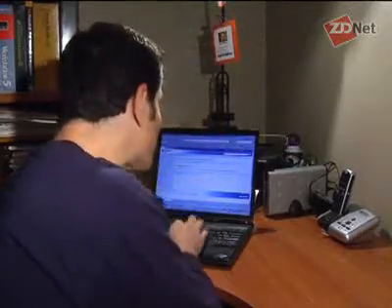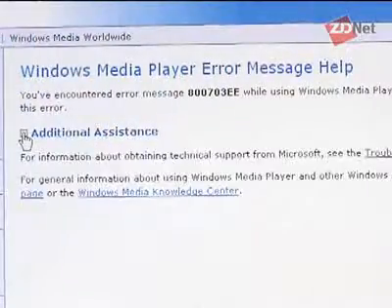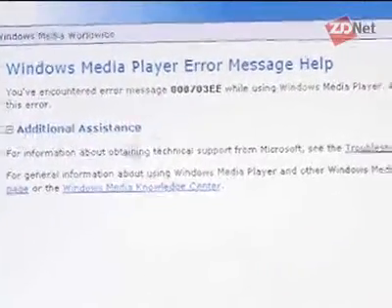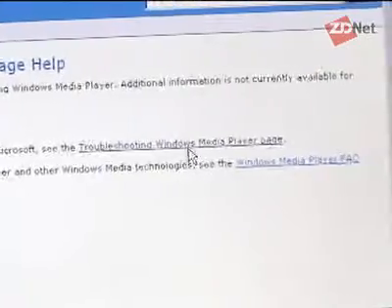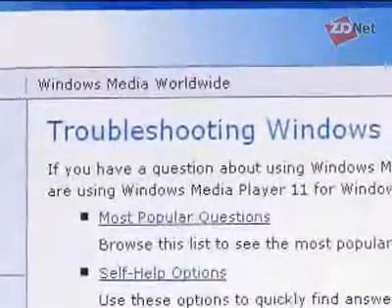Now, that's not very useful, but there's one opportunity to get some additional information, and it's the Additional Assistance button, which leads me to a link that says Troubleshooting Windows Media Player page. But when I go to that one, on the top of the page, it says Troubleshooting Windows Media Player 11